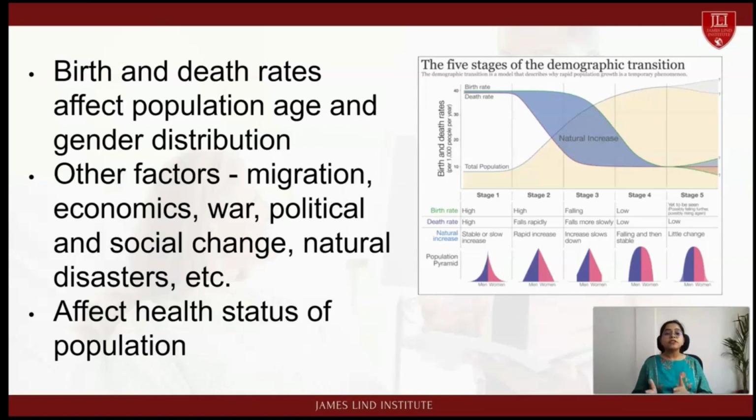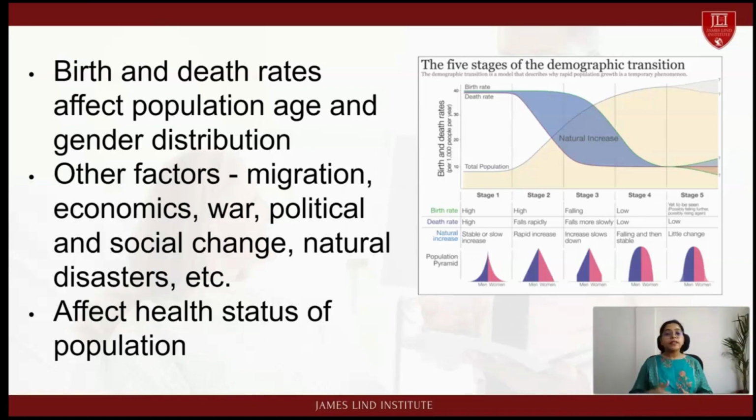And because of these changing birth rates and death rates, naturally, what happens? The distribution of the population also gets affected, and it also changes. The distribution of the population in terms of age and gender. So specifically, the age and gender distribution of any population gets affected by the changing birth and death rates of